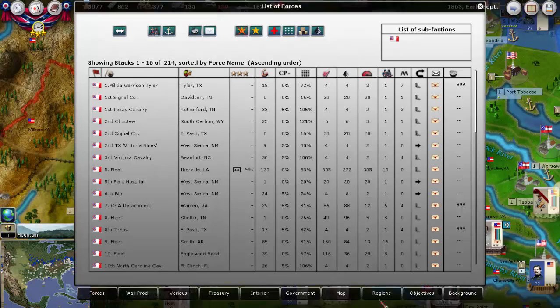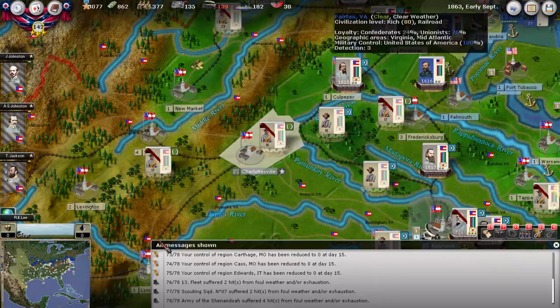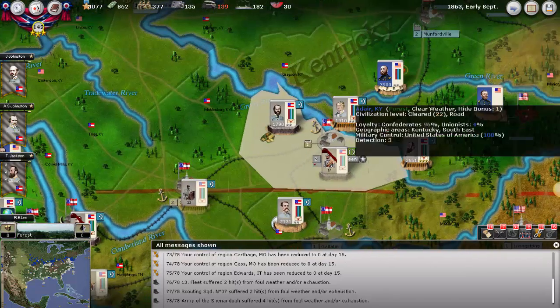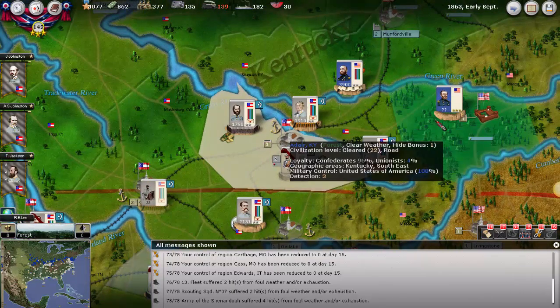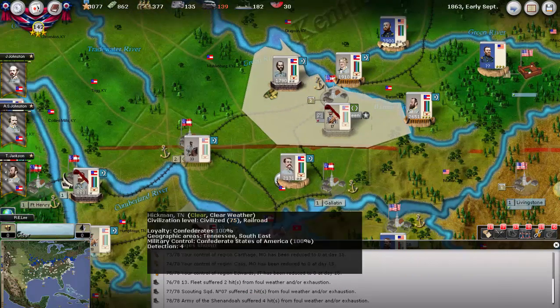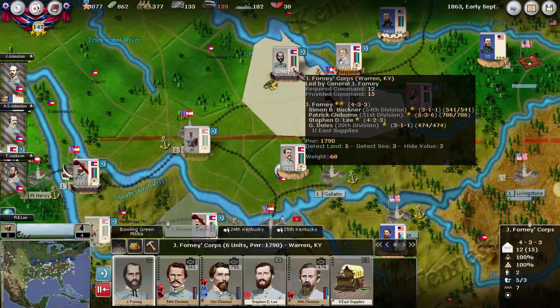Let's take a look at the Union morale. It's actually not bad. Before that battle, I think it was at 91, so they lost 7 last term, probably 4 through the battle, and then a few through their decisions. But we're at the point now where things can change very quickly, especially depending on what Grant is able to do in Kentucky. We're in a bit of a tricky situation because we really need about 2 more divisions to be able to defend this well, and we're not going to have those 2 divisions for